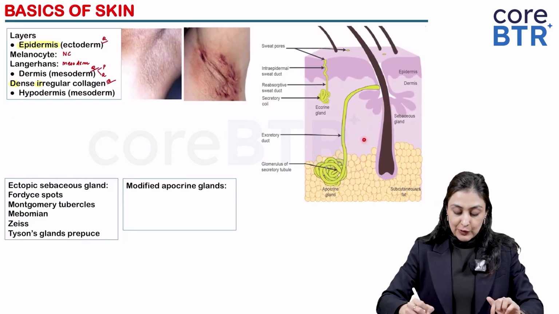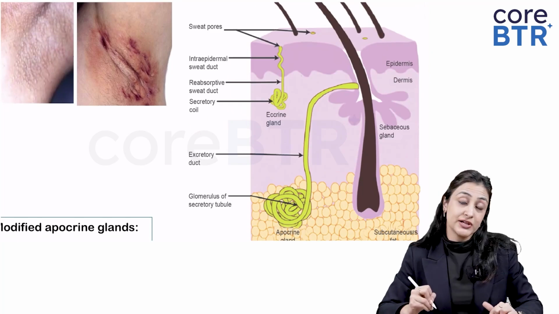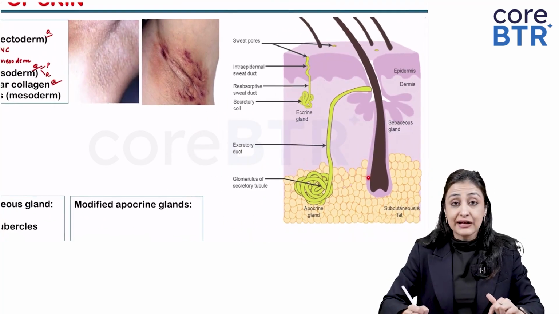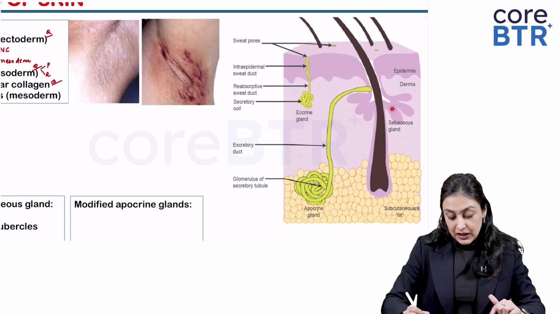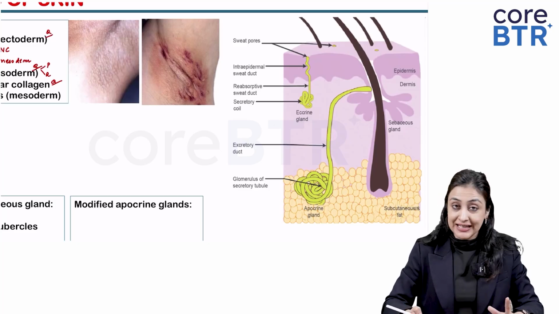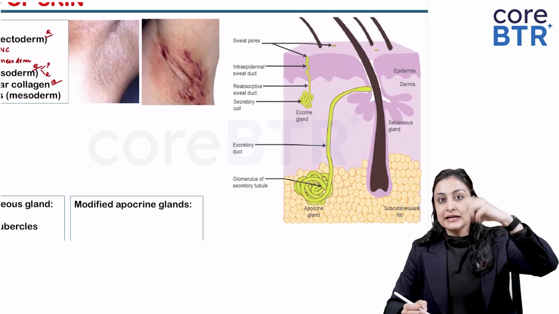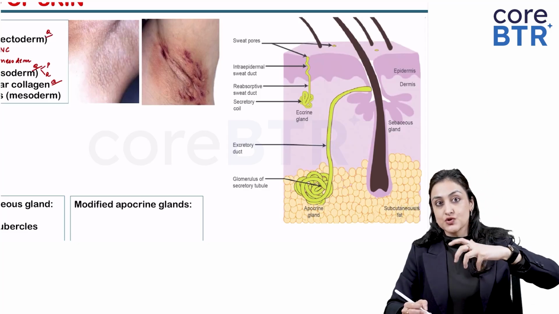Now let's talk about the unit here. So we have a pilosebaceous unit. Pilo meaning hair follicle, and sebaceous gland which opens into it, and you also have a muscle here, right? So that is what leads to hair getting erect, pilo erection is what you call it. So that is your